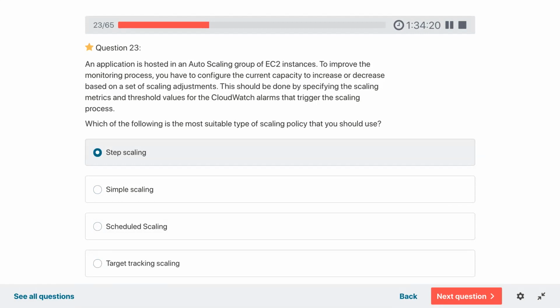Target tracking scaling is you will track the target, and based on the target you will trigger the scaling. So between first and fourth, there should be a correct answer. I'll still go with target tracking scaling because you're trying to target a specific value.